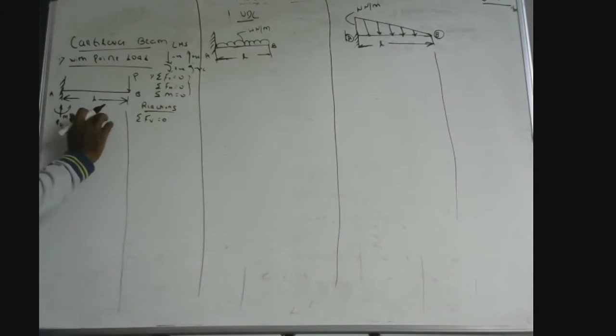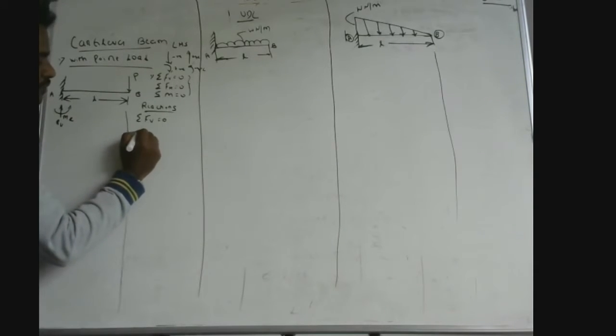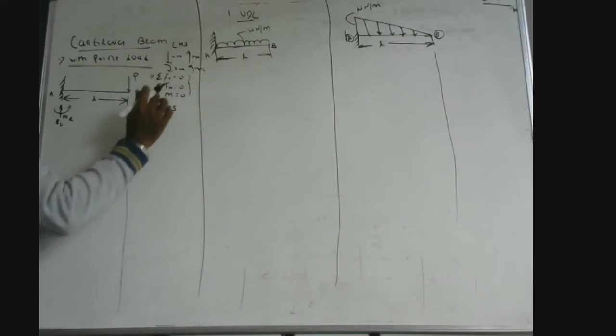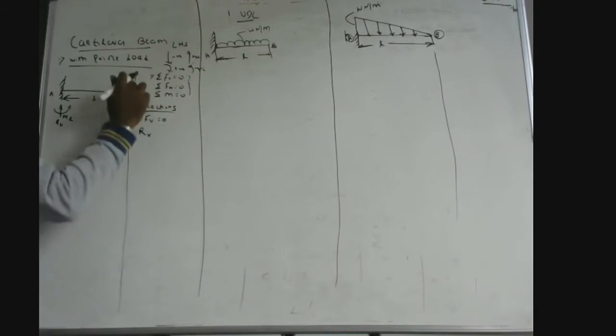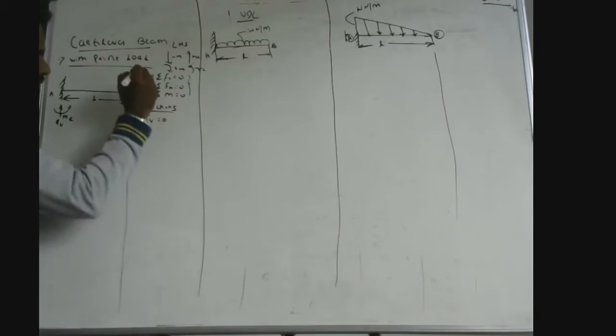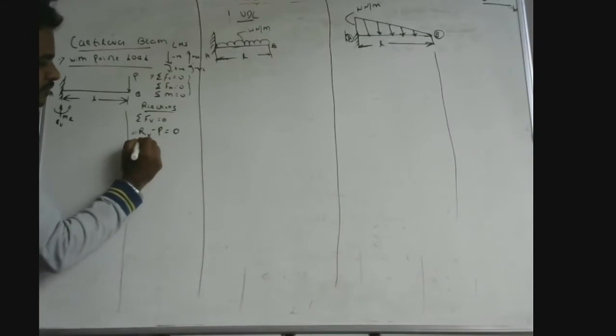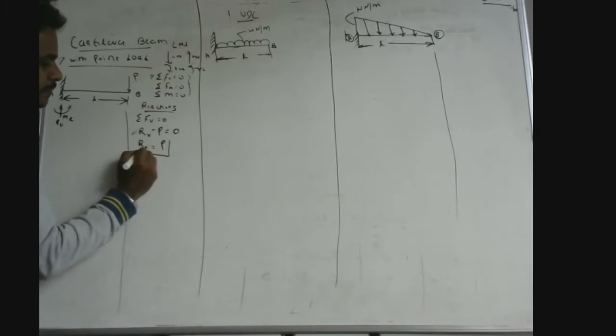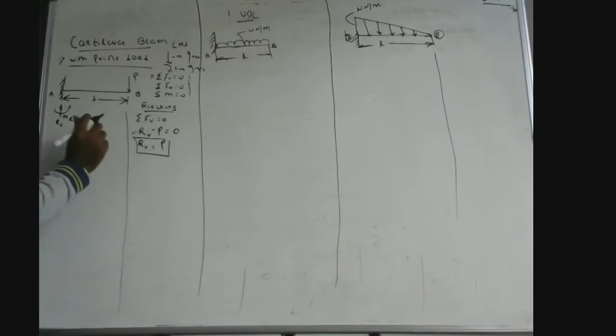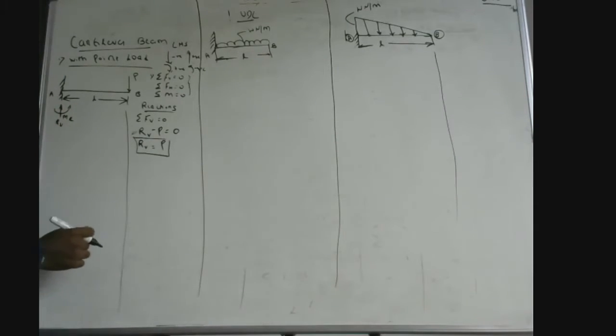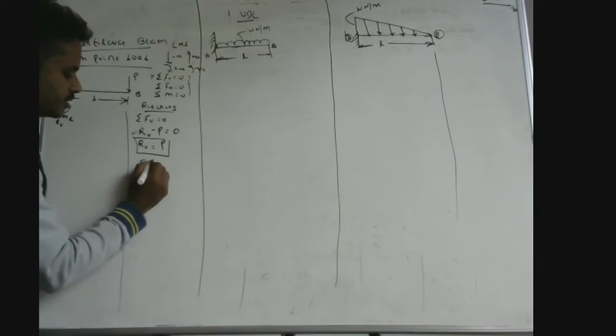So summation of all vertical forces equal to 0. Here, taking the vertical forces from left hand side to right hand side, first is RV, which is upward. Upward means we consider it as positive, plus RV, and when it comes here, there is P. That is downward, so it is considered negative. Therefore, RV minus P equals 0, so RV equals P. So we got the vertical reaction at point A as P. Now we can proceed to the shear force.